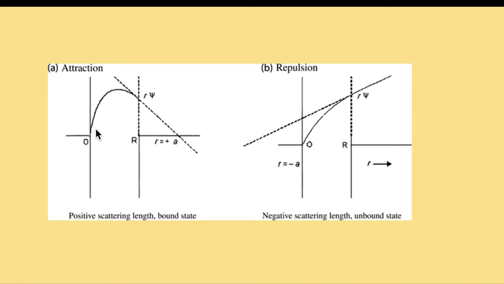So you can see that this is the first one, that means A1. Here you are drawing the tangent at this point, r equal to R. That line is meeting at the point r equal to plus A, because this is the r equal to 0 point from where you are increasing the r value. So r is equal to plus A. And this is the case you are normally taking as repulsion, and we will explain these terms, attraction and repulsion,